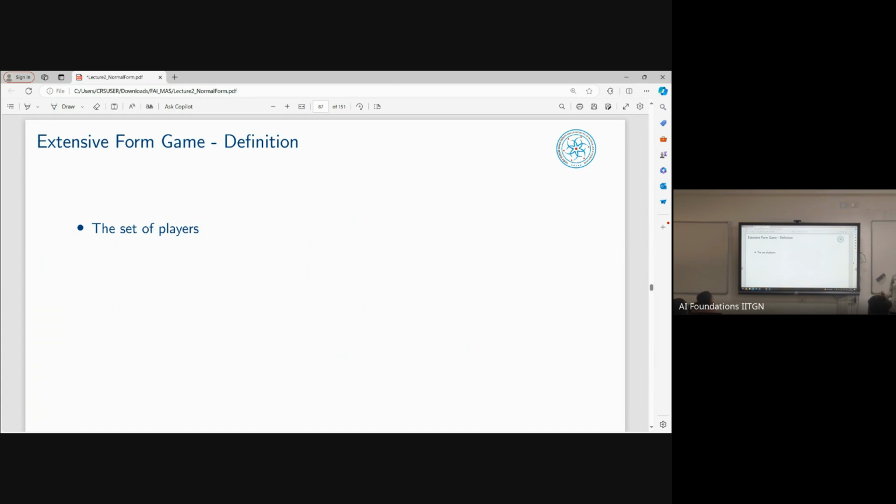So how do we define an extensive form? The graph was just a representation of it, but for the actual definition we need a bunch of things. What we need is the set of players. We also need to know who moves when and what their actions are. We need to know what players know when they move. The idea is, in prisoner's dilemma, I don't really know if the other agent has confessed or not confessed. So if I had to draw a prisoner's dilemma, okay, there is this agent A.